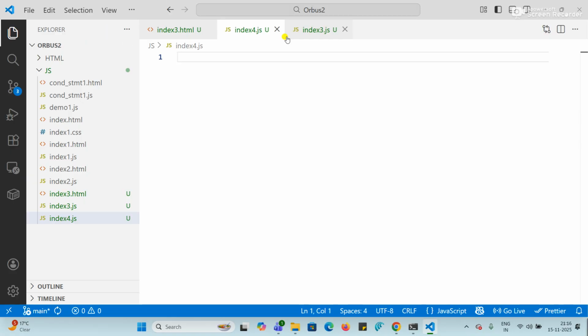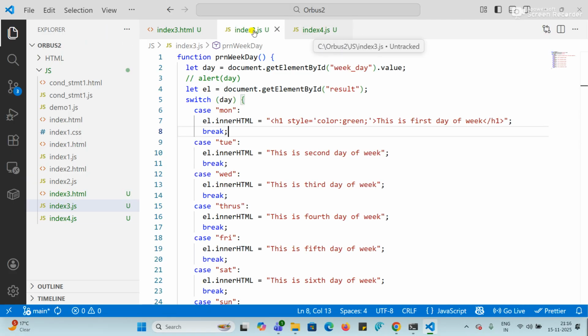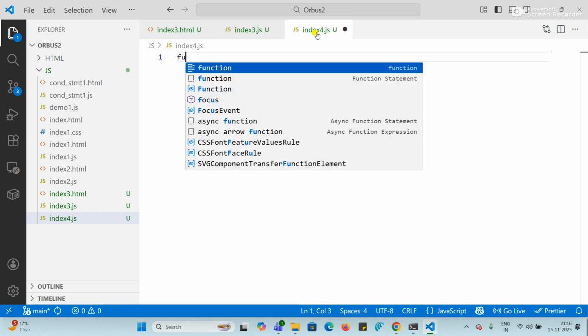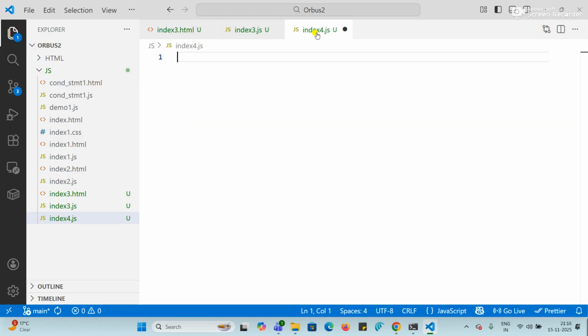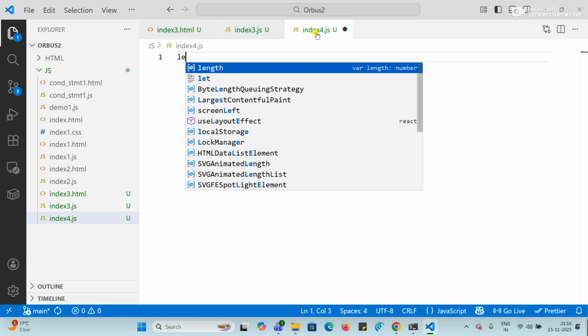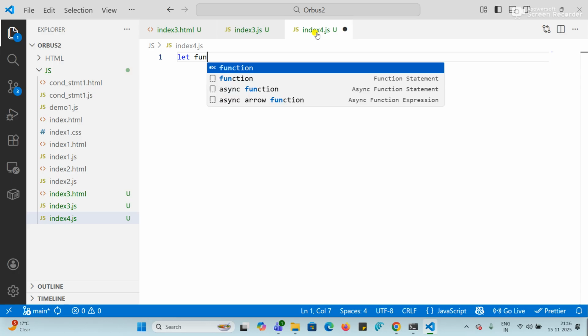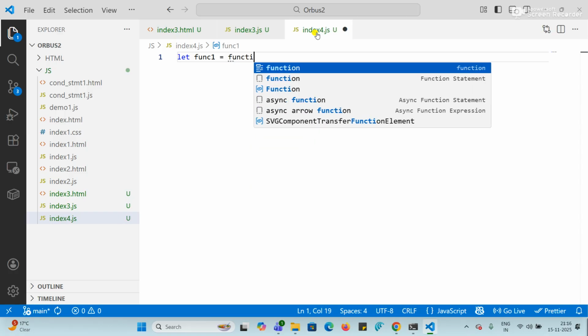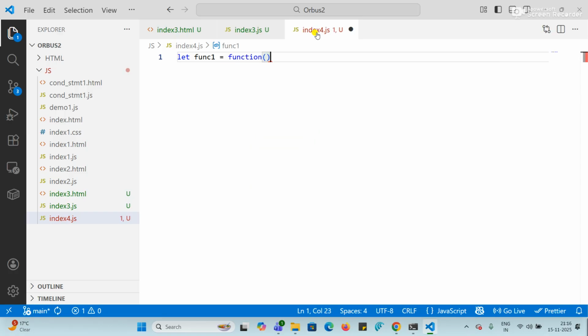So index4.js. In this file, I will demo you about the ternary operator, right? So basically, let's create a function, say, or let's create an anonymous function. Func1. This is the function expression, and this is my anonymous function, right? Now, here,